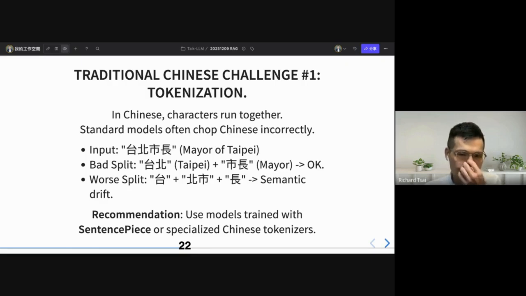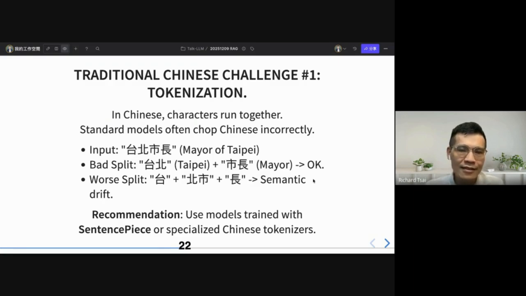For example, if we input 台北市长, translated as mayor of Taipei, a bad split is like 台北 and 市长, but it's still okay because it's not too bad. It just does not treat the whole 台北市长 as one entity.